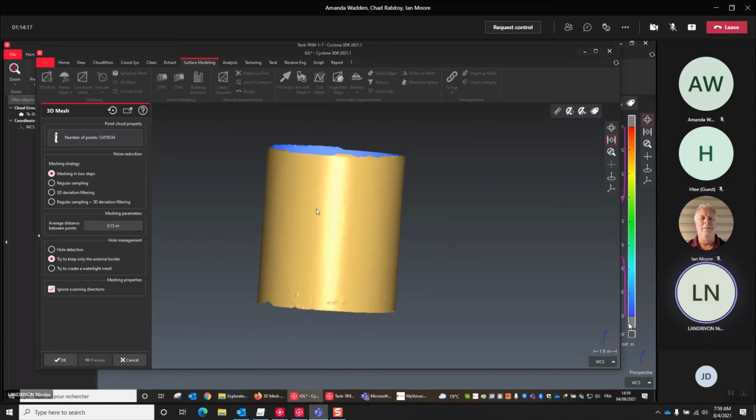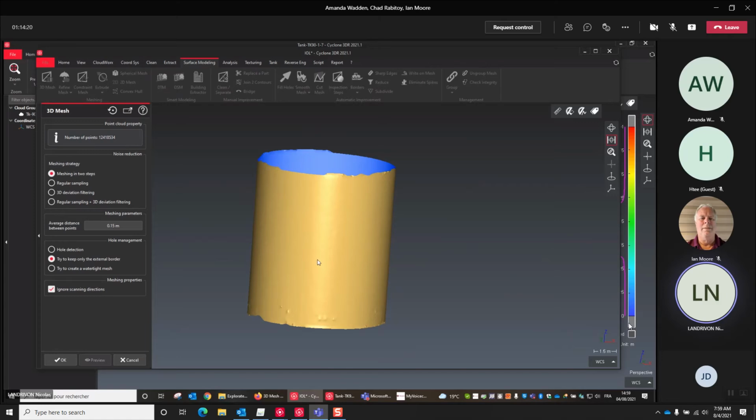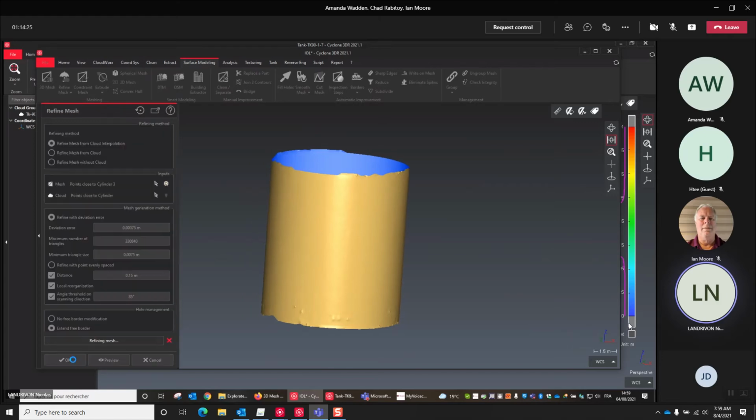So the mesh would be made up of... So if you say okay, oops, sorry, I clicked too fast. Okay, let's keep it. I wanted to show the intermediary step of the mesh, which is a mesh made up of big triangles, so it's easy to repair, to fix. And after, we're going to refine.